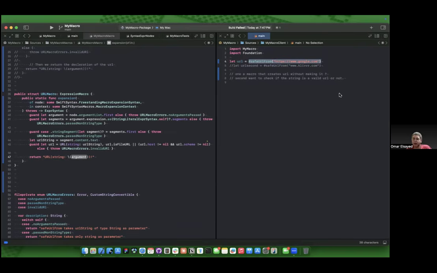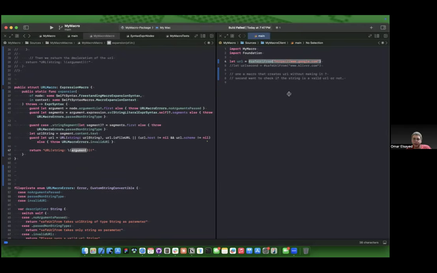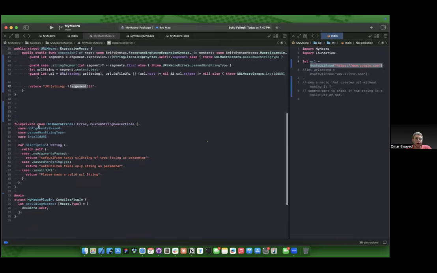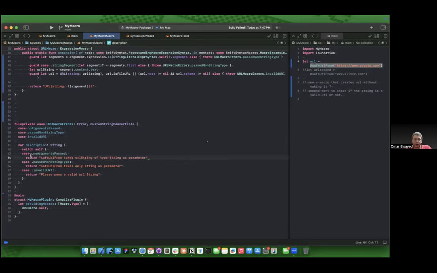This is basically the beauty of macros. Okay. The last thing I want to show you is how we produce the error and how we specify the errors we need to produce. To do that, you just create an enum, give it a name, and make it conform to two protocols, the Error protocol and the CustomStringConvertible protocol. And you just specify the cases, and you specify the description variable and the output for each case